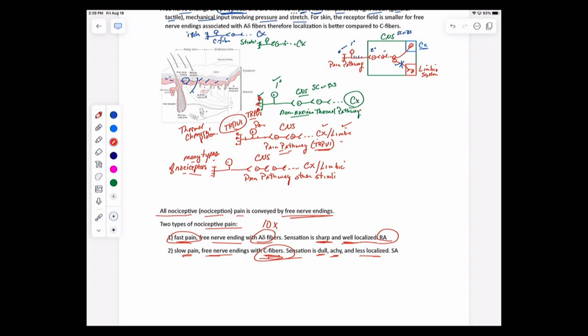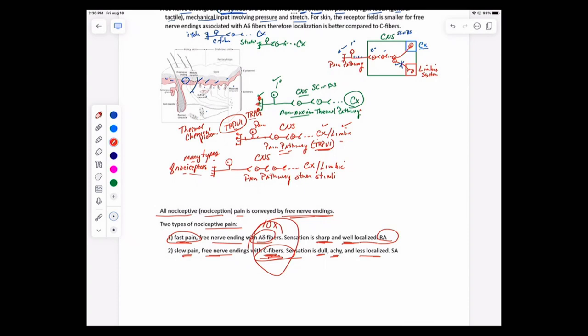Now, the thing that I want to make sure you understand is that your skin is loaded with free nerve endings functioning as pain neurons, and these are all mixed in together. So when you step on that shard of glass and you experience that very sharp, well-localized pain, and it's causing you to withdraw, you're also going to be stimulating C fibers. That sharpness will go away quickly, but overlaid on top of that is this dull, achy, very disagreeable pain. So the fast pain and the slow pain all work together.